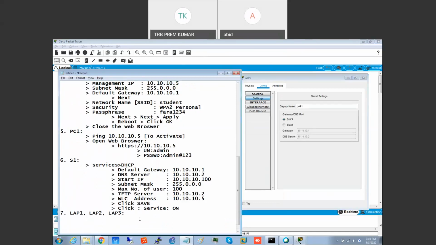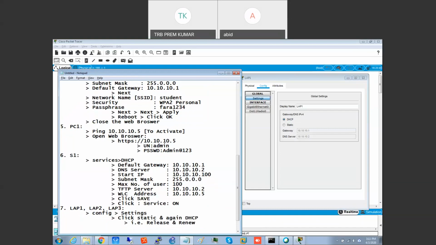Go to config, settings, click static, then static again, and then dynamic DHCP. So what we are actually doing here is releasing and renewing the configuration. That is what we are doing: release and renew. So we'll get the new IP.